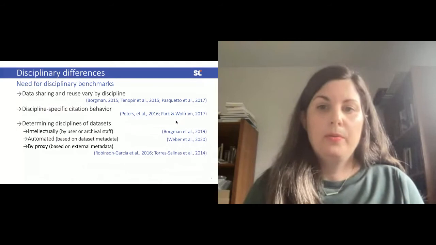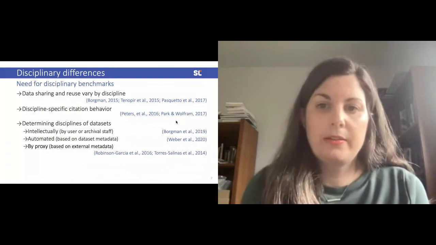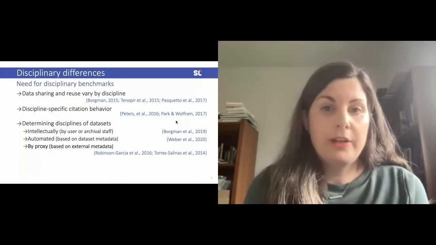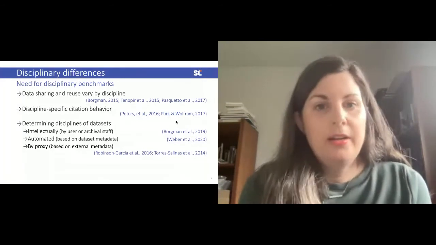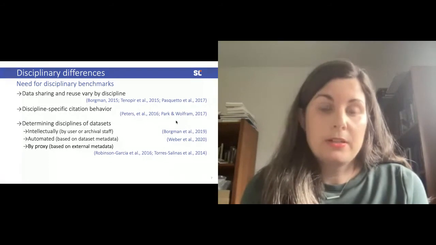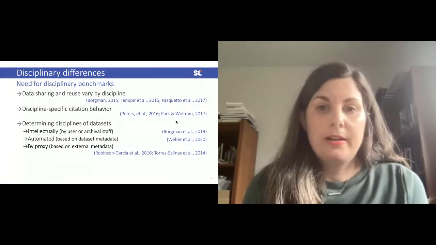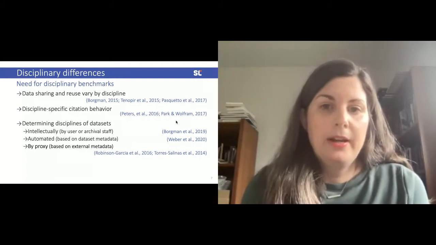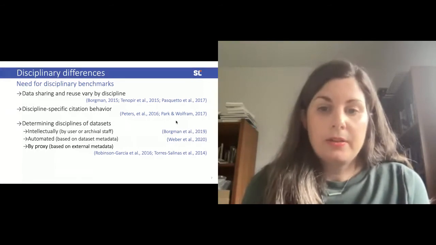So you probably all know this. There are just some references here that have already shown us that we know that data sharing and reuse varies extremely by discipline. So even what is considered data from one discipline to the next, and even subfields, can be very different. So we often think about structured data, maybe in a relational format, or CSV files when we think about data, but certainly